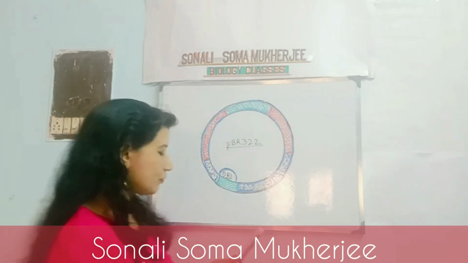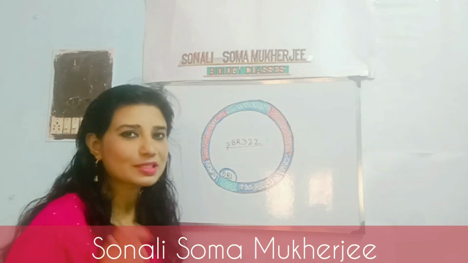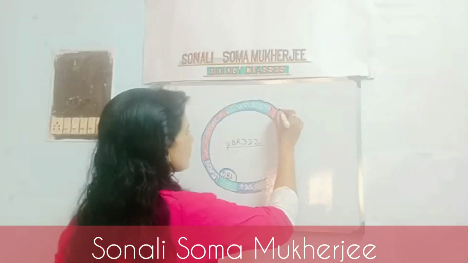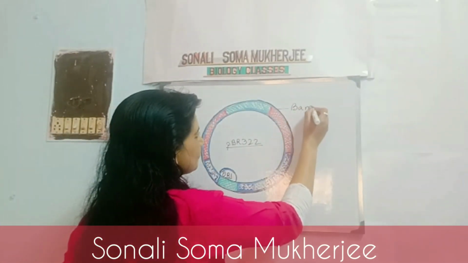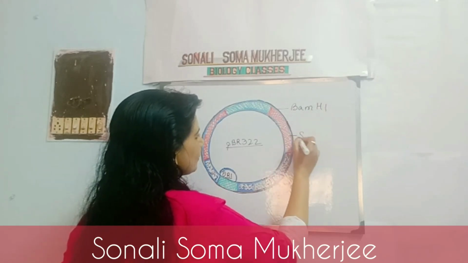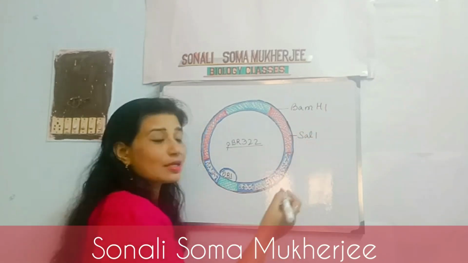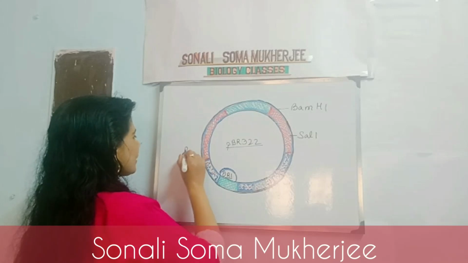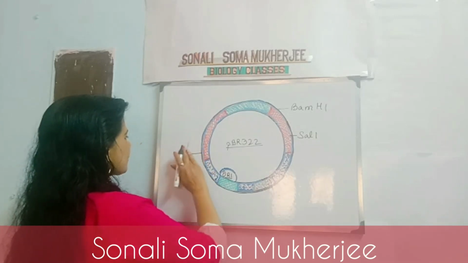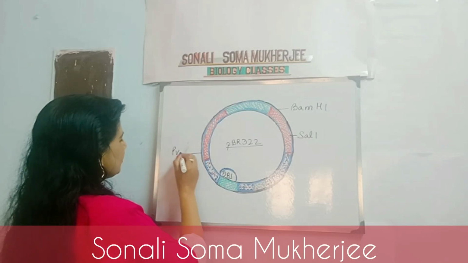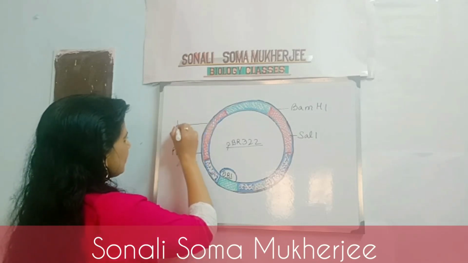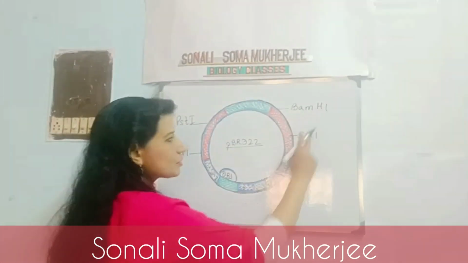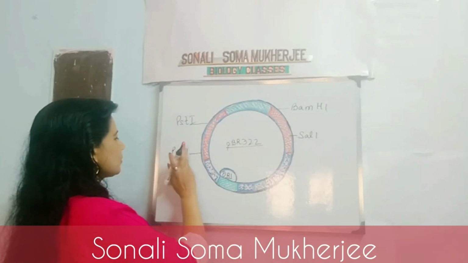In this case we find a number of restriction endonucleases used. Let me point out the names. Okay, I am going to use black for writing. Here you have BamHI, SalI. SalI actually is the L site. I am going to come back to these names. PvuI, you can write here PV. Let me write it in this way so that you get it. PvuI, PstI. So on that side I have written BamHI, SalI, PstI and PvuI.